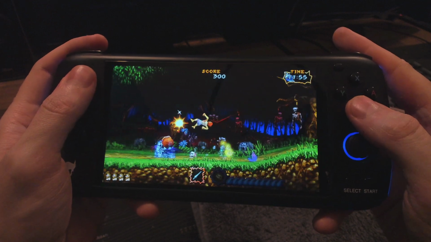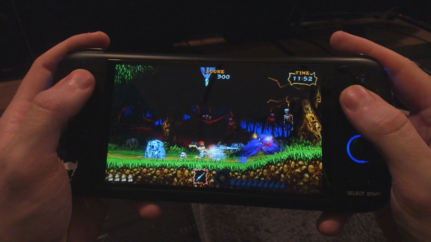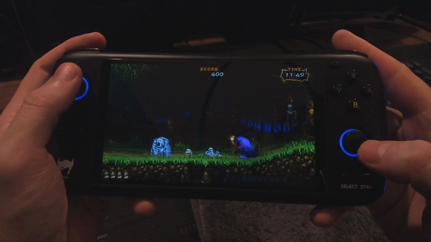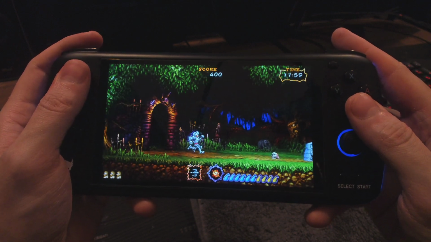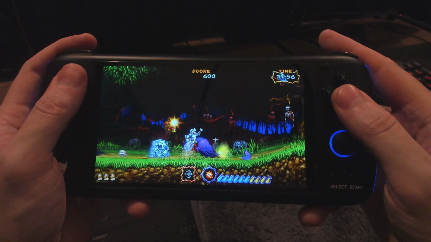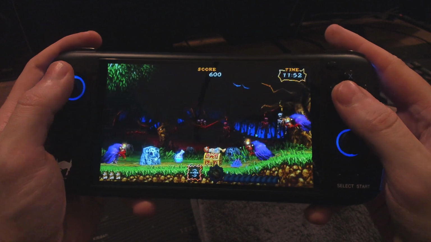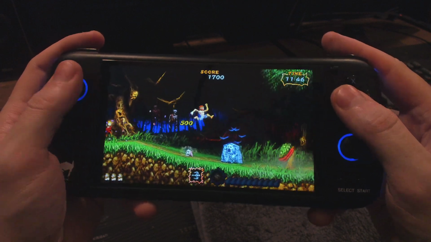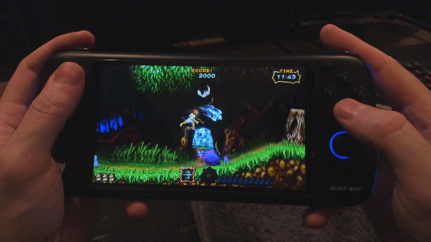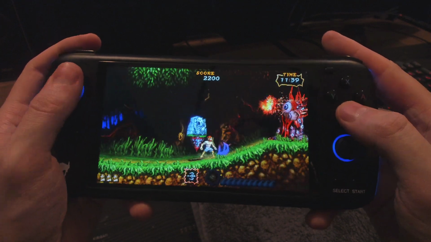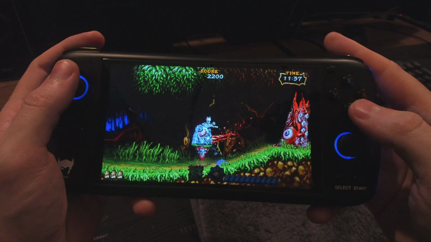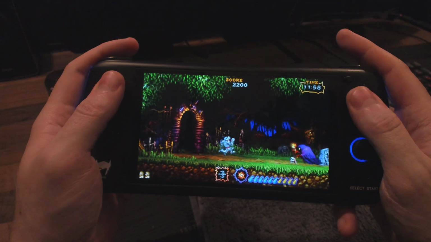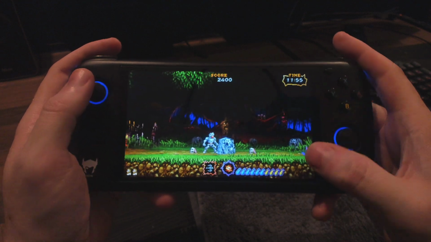This game gives me PTSD. That actually sounds a bit wrong, but this game's very, very tough, and when you actually play it properly and try to get the best ending and everything, you will go through so much pain. That's something you've got to be careful about with handheld gaming. If you intend to play a game that you know is going to frustrate you, luckily I have never gotten so angry that I've gone and thrown a handheld. I don't think I'd ever do that. Oh, but you'd be so gutted if you did. Anyway,